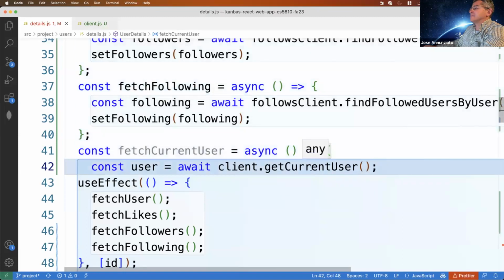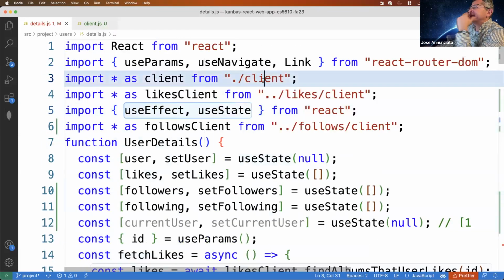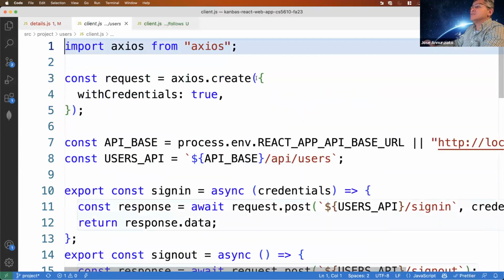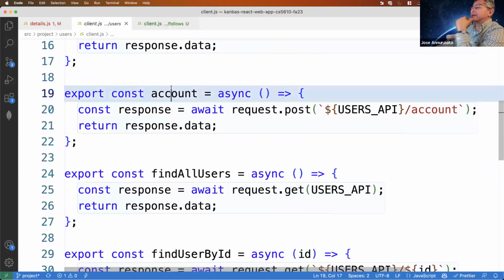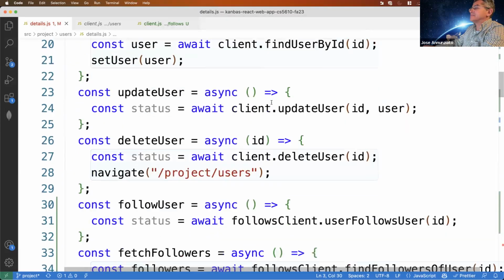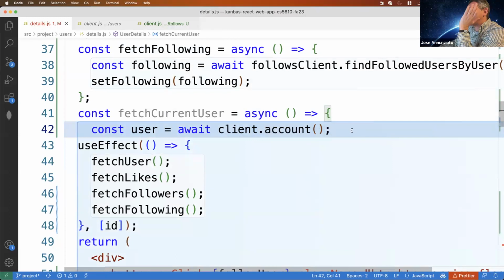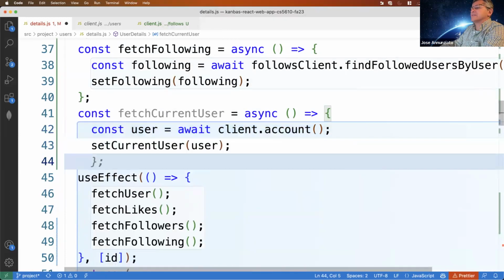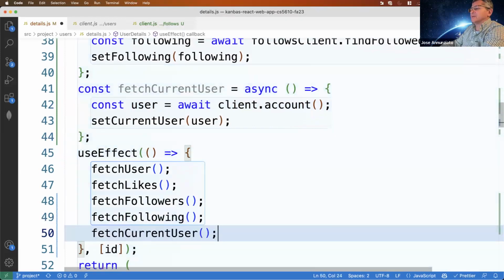So client, this is the user client. We're going to go to users, and it's account. Account is going to give us the current user, right? And once we have that, we can set the current user to the current user like that, and we're going to fetch them when we load. There we go.